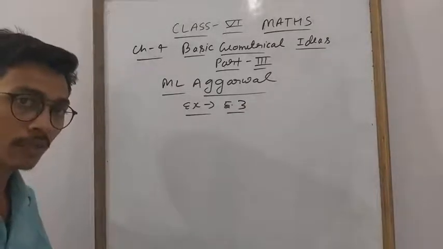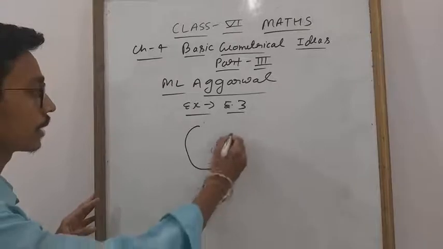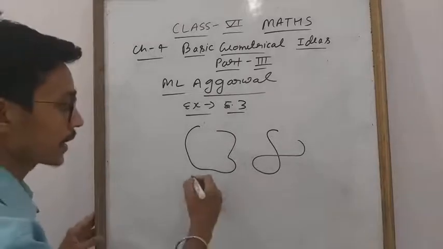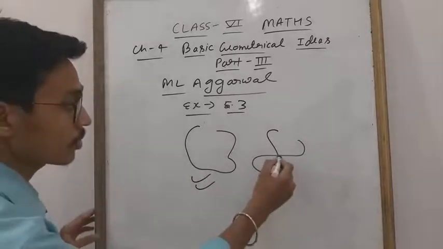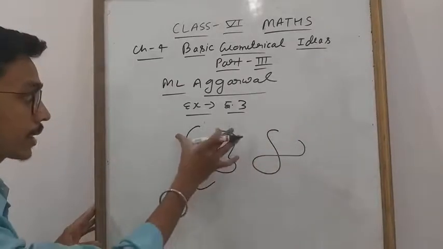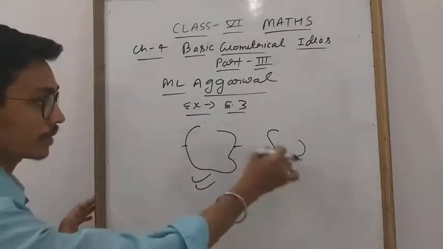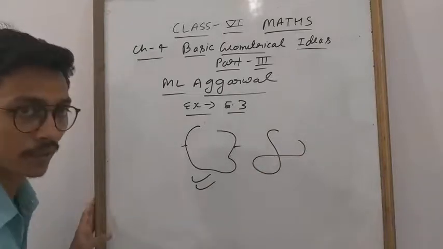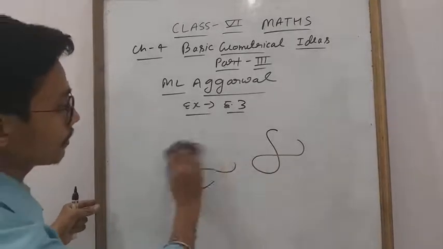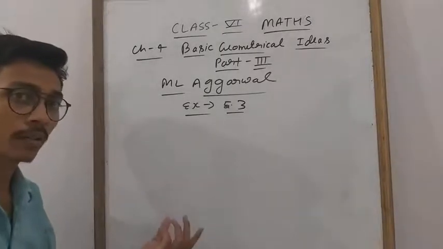Open curve, closed curve. You know simple closed curve and simple open curve. An open curve is simply open, and this is also an open curve. But if anyone asks you which one is a simple open curve, you will say this is simple. Why? Because in a simple curve there should be no intersection. See, this line intersects itself, and this line is also free. Clear, everyone? This line is cutting itself, so this is not a simple closed curve. This is a simple open curve. So this is the basic difference between a simple closed curve and a closed curve, and a simple curve and an open curve.